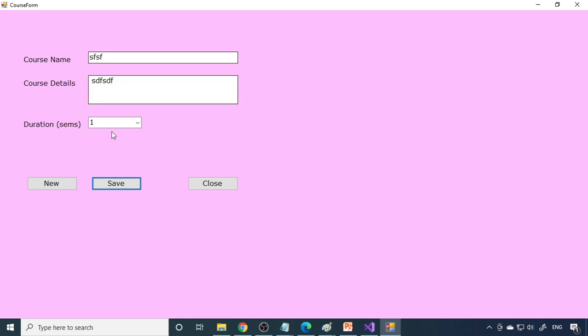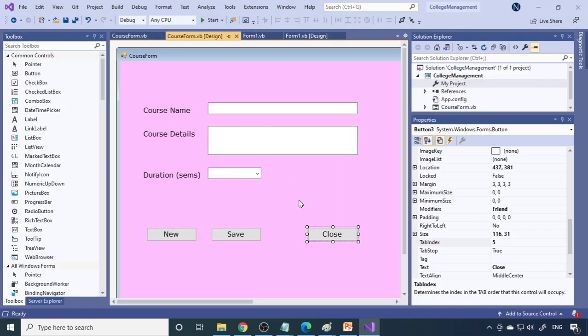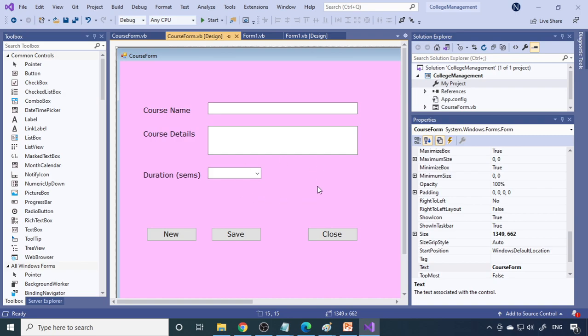Therefore you need to set the order, how the cursor should go. So when I click new, the cursor should go here. From tab it will come over here. Next tab it should come here. Next tab it will come to save. Now again you test the tab. It will come to close. So again tab will come to new. So that's how the order should be. That is the tab index, right? So now the tab index is in order.